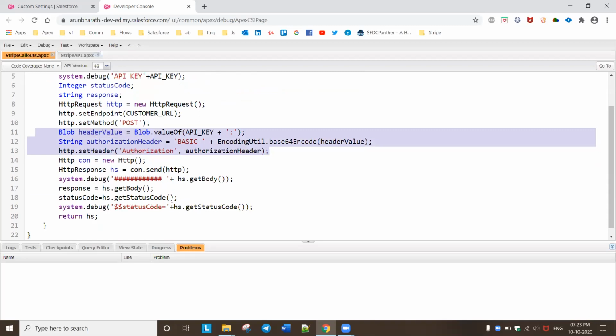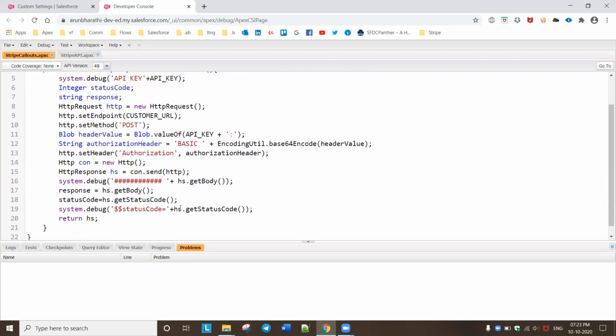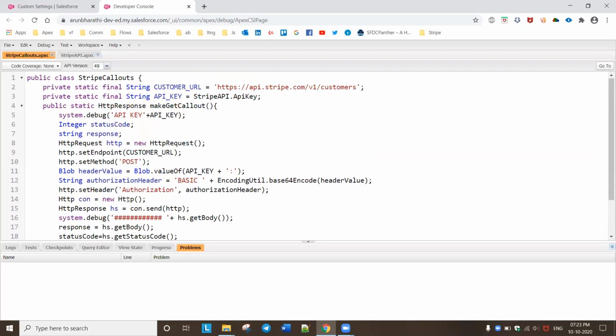Basically, you are making an HTTP request, sending the data from Salesforce to Stripe. So this request you are doing to create a customer. Correct. What about the name and other parameters?